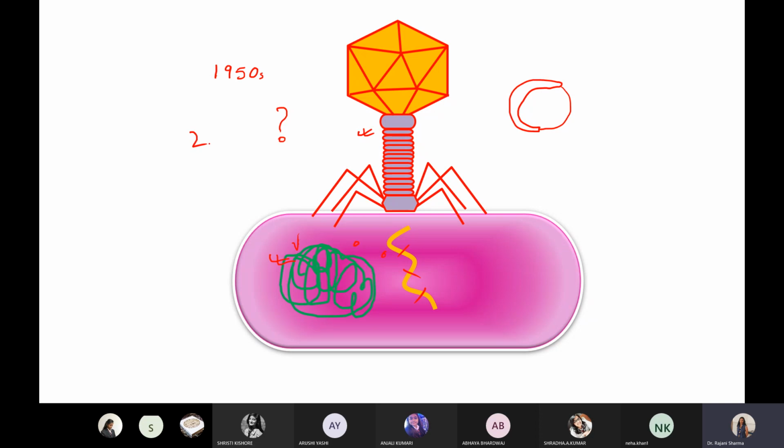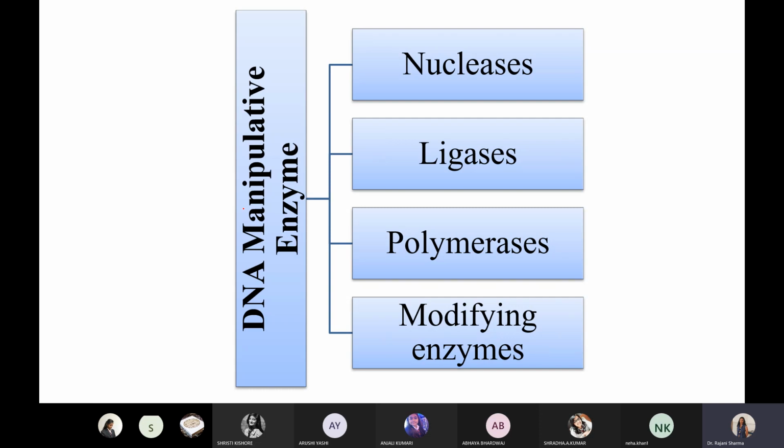Though it took 20 years to analyze this fact, the genome of bacteria has certain methylation on the surface of its own genome, so that these restriction enzymes are not able to bind over the specific site where they can cut the genome. So from here the discovery of restriction endonuclease came into existence.